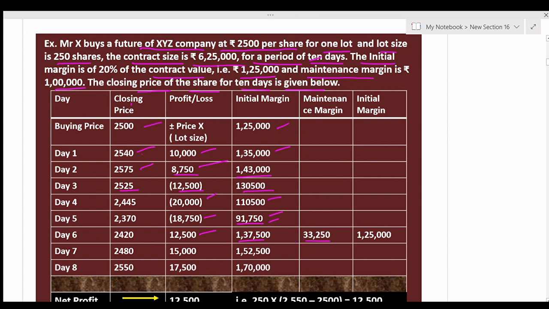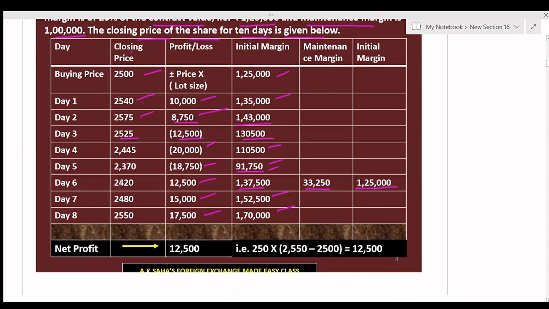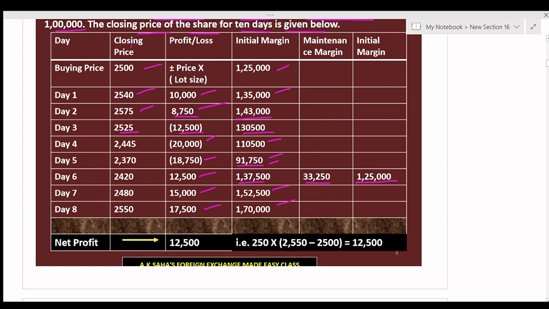The participant brings this amount, to make the balance 1,25,000. Next day is a profit of 15,000. It will be 1,52,500 initial margin, and on day 8 there is a profit, 17,500 is the total profit. The balance is 1,70,000. Now from this you can calculate the net profit, that is the